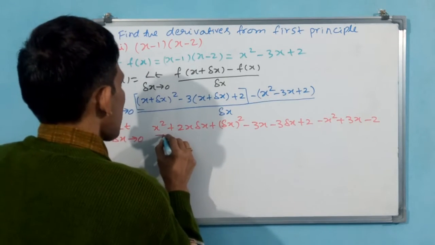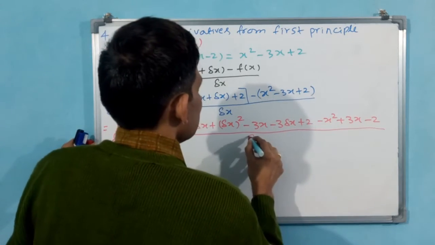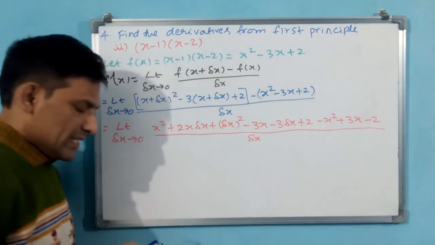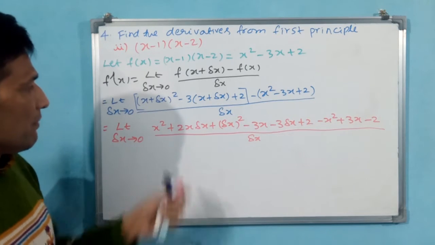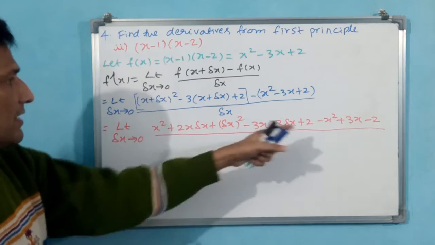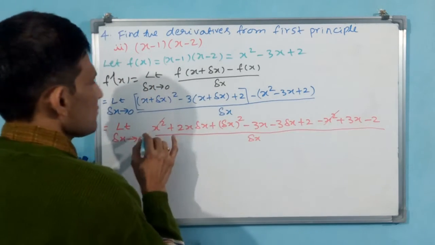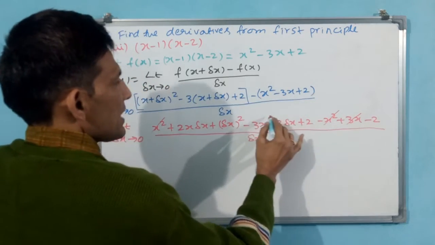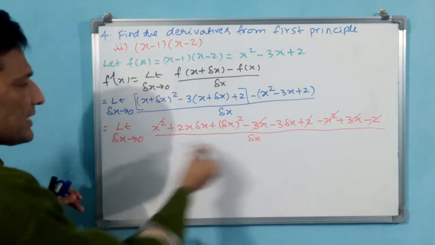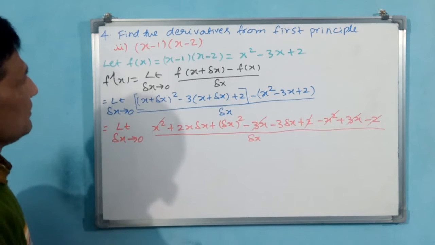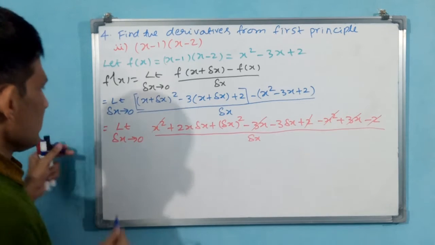All divided by delta x. We do one thing, delta x will cancel next time, but remaining all we will cancel. X square, these three are going to get cancelled. You see, minus x square plus 3x minus 3x minus 2 plus 2. Now delta x we will cancel in the second step, next step. Write down. That is equal to